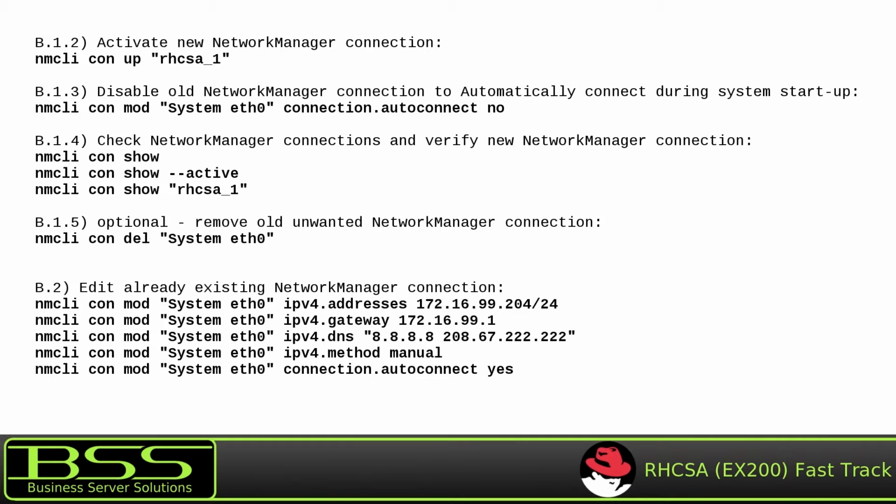Now you can check NetworkManager connections and verify new NetworkManager connection with commands nmcli con show, which will show you NetworkManager connections, or nmcli con show --active, which will show you only active NetworkManager connections, or nmcli con show rhcsa_1, which is name of the connection, which will show you details and configuration only of specified NetworkManager connection, in our case